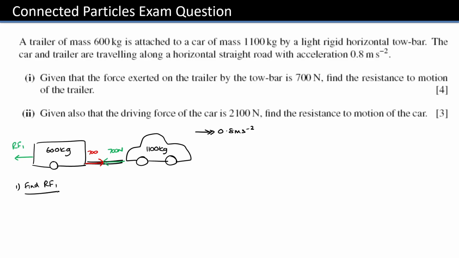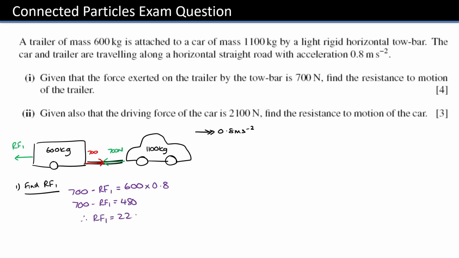So for this, we've got a force going with the direction of A, so that's going to be 700 minus what I'm looking for here, well, there is the opposing force, which is RF1, and that is equal to the mass of the trailer, which is 600, multiplied by the acceleration, which is 0.8. So if I then do a bit of rearranging, I get 700 minus RF1 equals 480, and that gives me an RF1 value